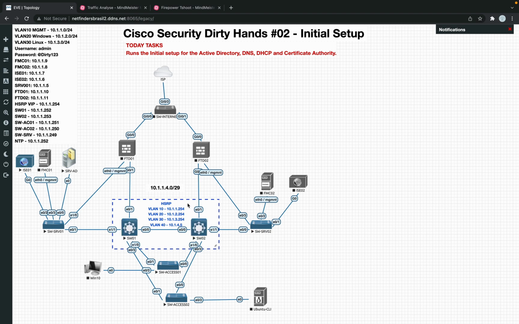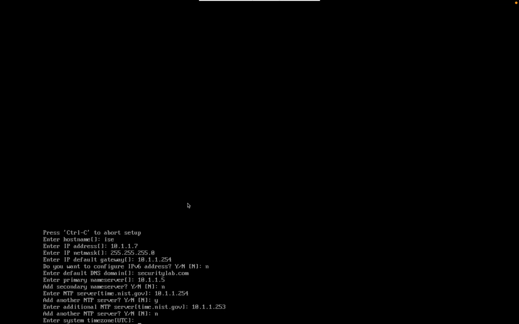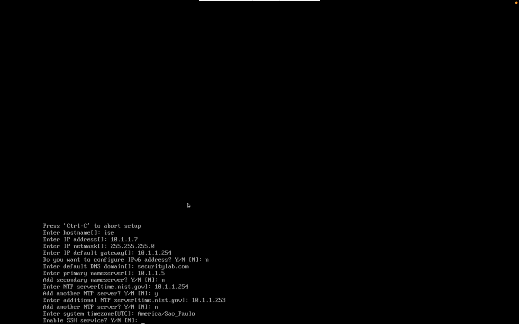This is just a lab, but we can use, for the time zone, America/Sao_Paulo, which is UTC -3. We enable SSH,